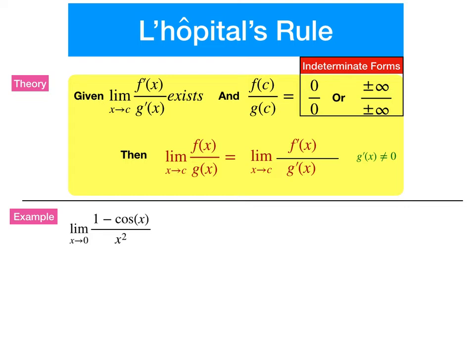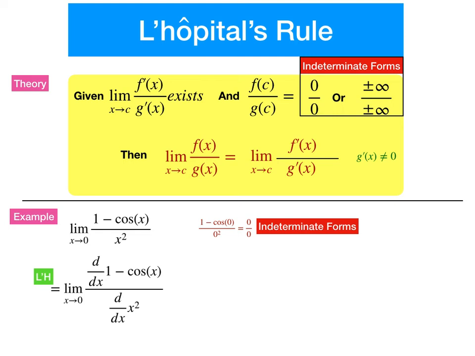Finding the limit of 1 minus cosine of x divided by x squared when x goes to 0. If you plug 0 into x, you get 0 over 0. Then yes, we have one of the indeterminate forms. Then you can use L'Hopital's rule, which is taking the derivative of the top function divided by the derivative of the bottom function,